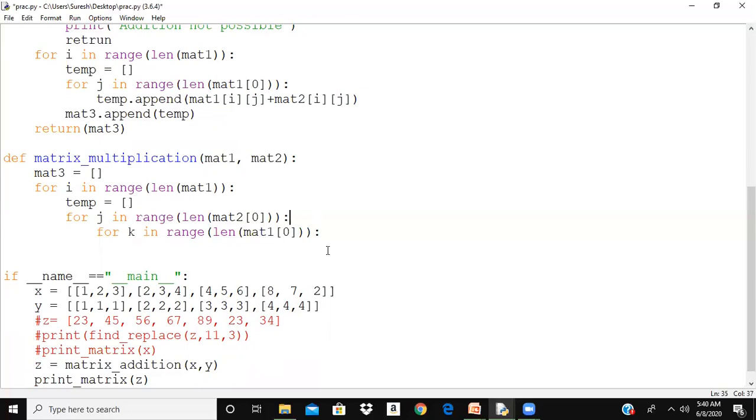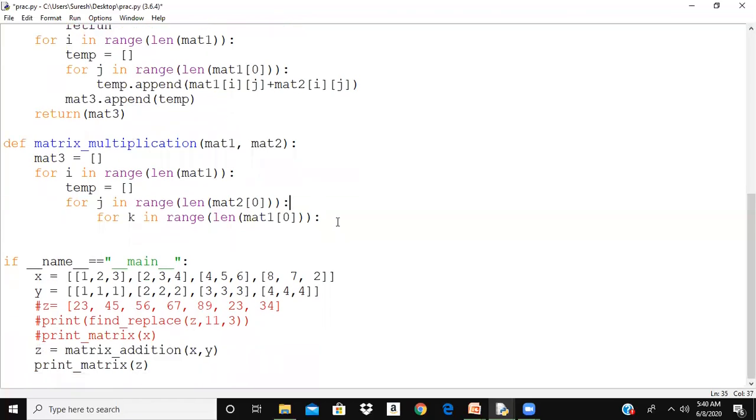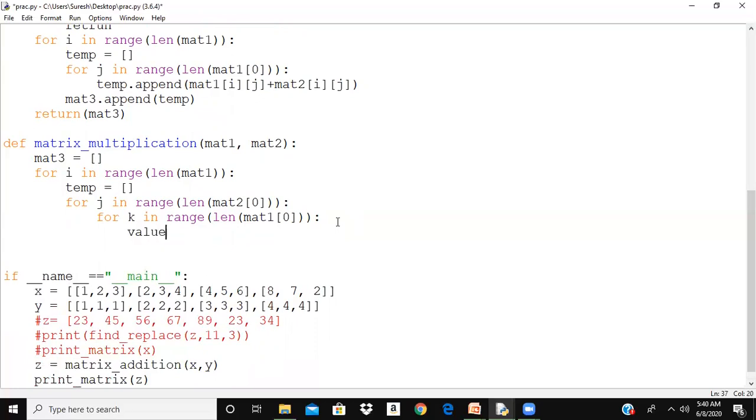Then let me create a value. Value plus is equal to mat1 of i k plus mat2 of k j. This is the order we should remember. This will be multiplied and added to the value.